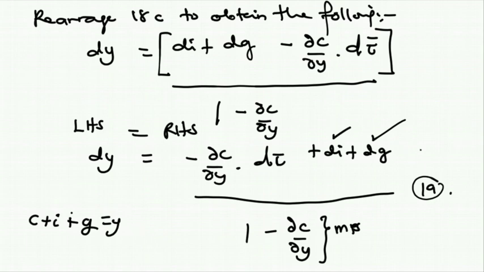Okay, now this 19 is the change in income. What kind of income? Equilibrium income. Why is it the change in equilibrium income? Because we derive it from this equilibrium identity, remember? So it's not just a change in income, but a change in equilibrium income. Now let me bring this 19 into this so that we can always refer to it